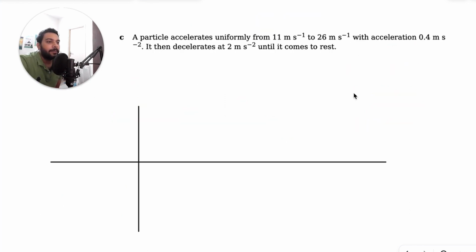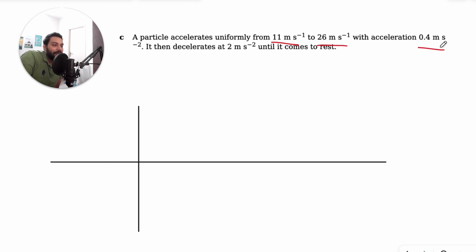Part C. A particle accelerates uniformly from 11 meters per second to 26 meters per second with acceleration 0.5 meters per second square. It then decelerates at 2 meters per second square until it comes to rest. Okay, so two legs of motion. Initially it accelerates uniformly from 11 to 26 for some time, and then it decelerates until rest. Now this time the particle is not starting from zero velocity, it's starting from 11 meters per second. But we don't know the exact time for which this acceleration continues, but they've given us enough values